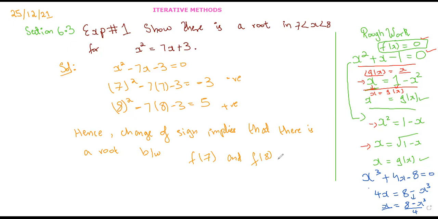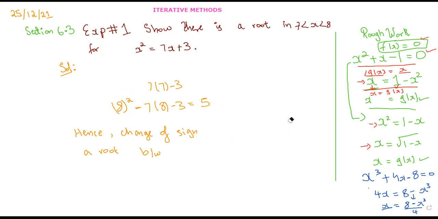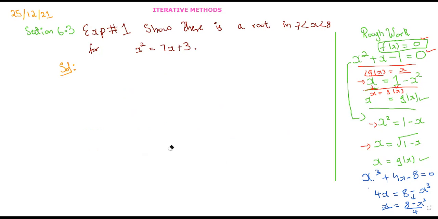Okay, so we are clear with the first part. Let's talk about the second part now. Now we know that there is a root, but the question would be to find the root using the iterative methods. All right, so the second part is